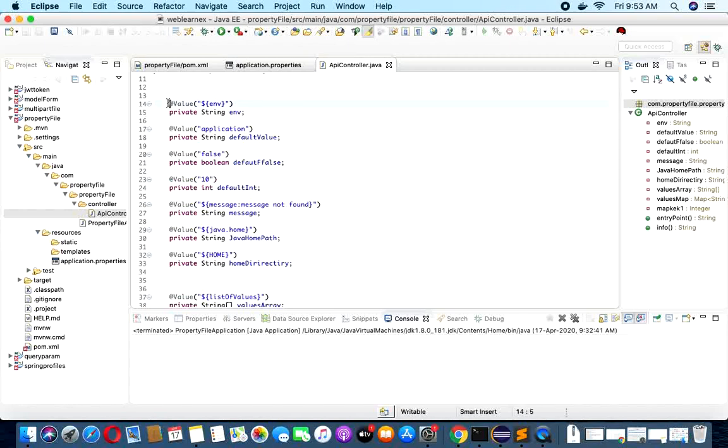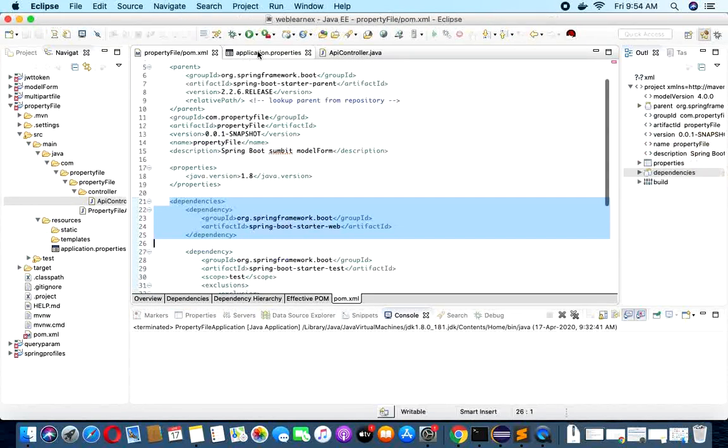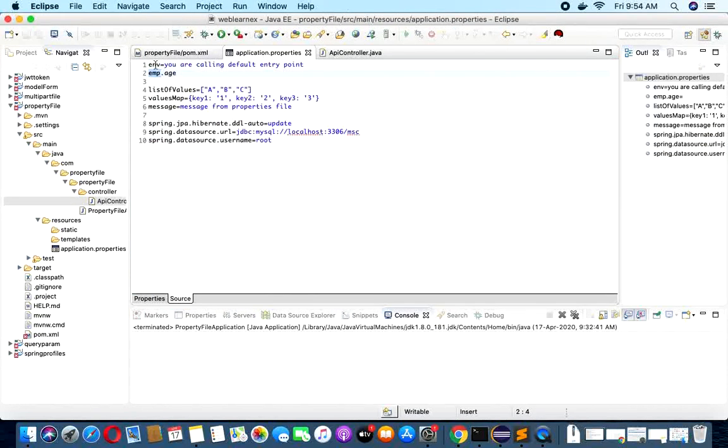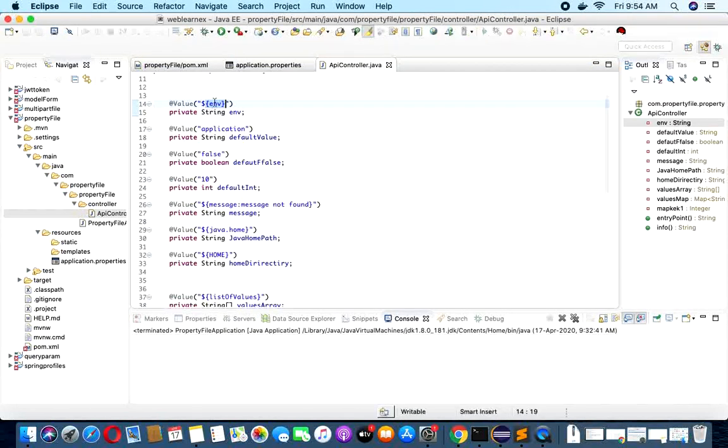I have used the @Value annotation here, and inside double quotes I use the dollar sign and the environment variable name, meaning the property variable key name. Here I have set up one environment variable, env. This is the key and I'm using this key in my Java code.